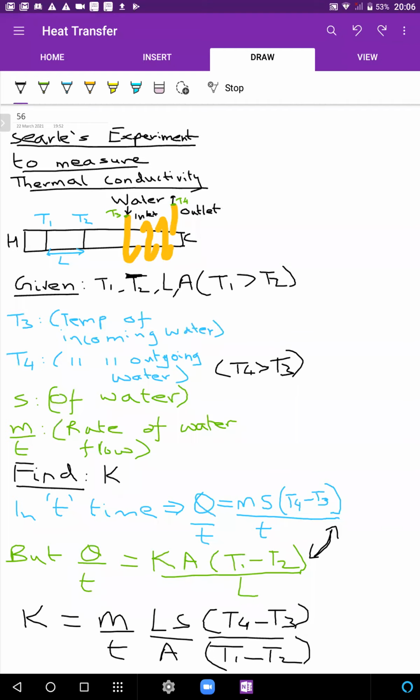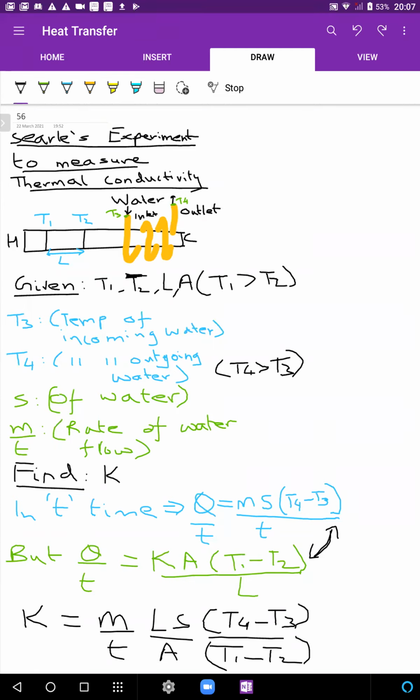So mainly I just want you to know the setup, because once you understand the experimental setup, writing these last two equations which you wrote in the end is easy, right? But if the question is describing the setup, they may say in the Searle's experiment, water is flowing at this rate. They'll give you the values. Water is flowing at this rate, temperature at the inlet is this much, temperature at the outlet is that much.